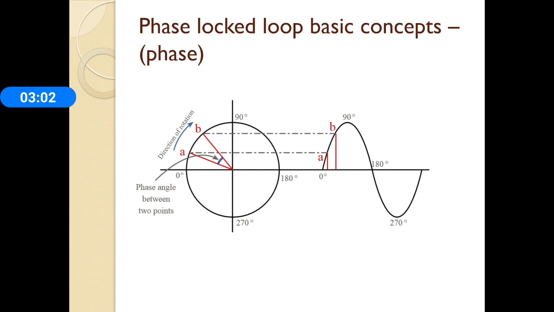This phase difference can also be represented on the circle, because the two waveforms will be at different points on the circle as the result of their phase difference. The phase difference is measured as an angle, the angle between the two lines from the center of the circle to the point where the waveform is represented. We represent these points as A and B, and the green arrow here indicates the distance.